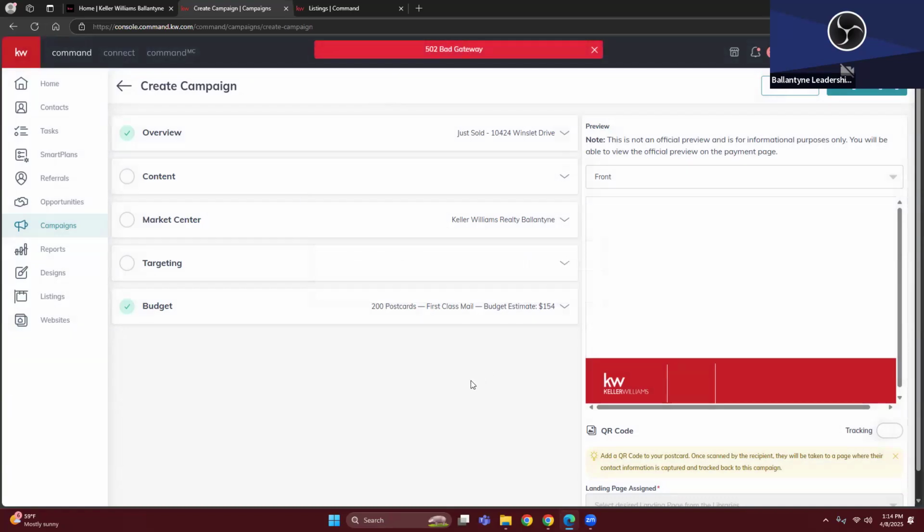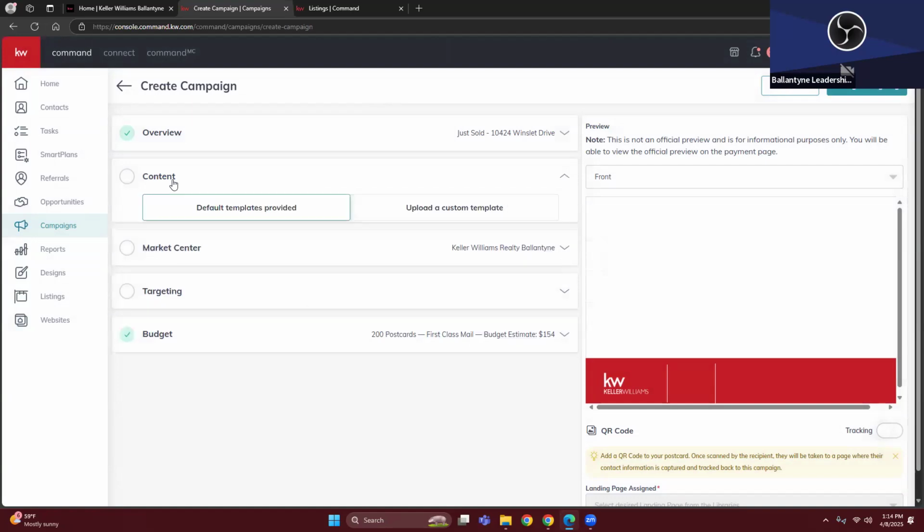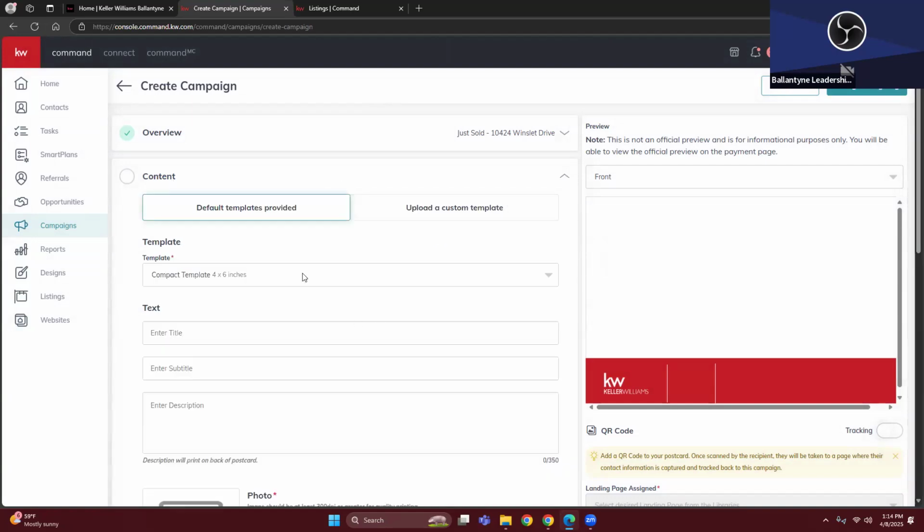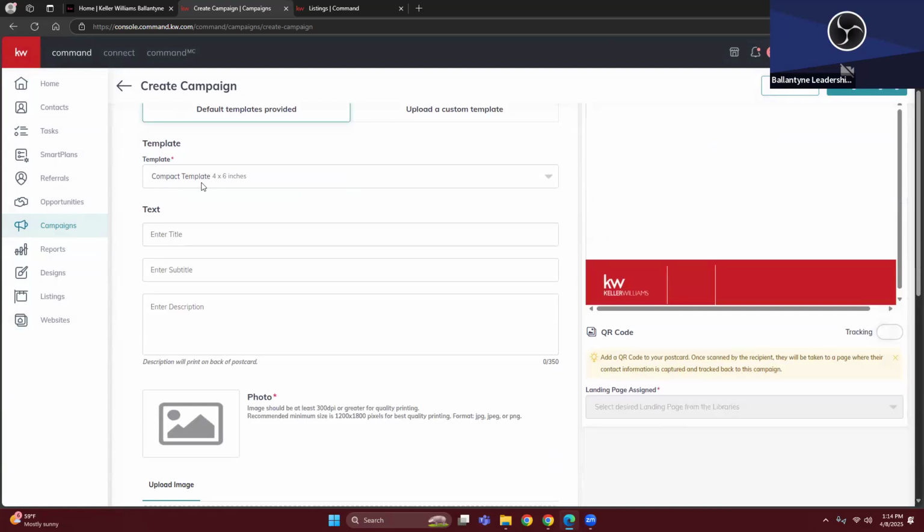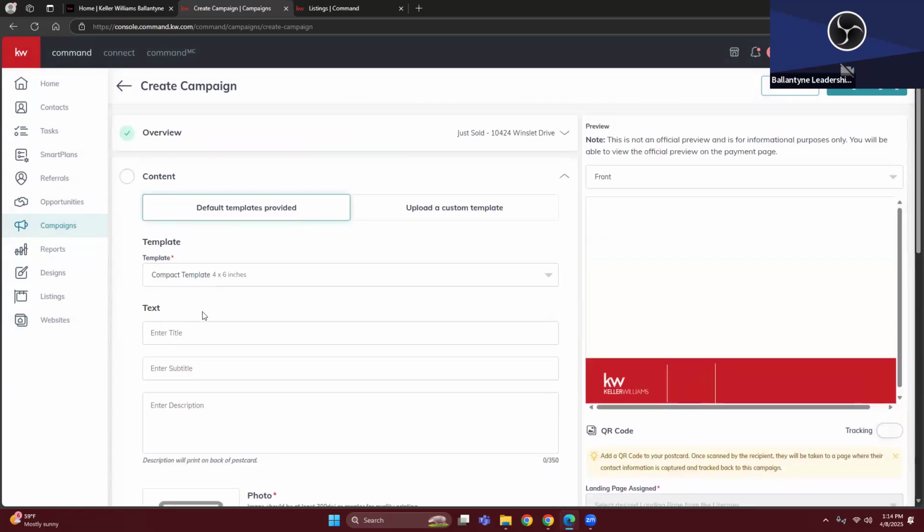So this is the build out that we're going to go through. Basically, we're just going to check those sections on the left. And as we're going through those sections, we're going to see a preview on the right-hand side. So starting with content, if we click on that, it's going to drop down. And then for the template, with the template types, we can click on that and it's going to show us a little drop down here. Anything to look out for,